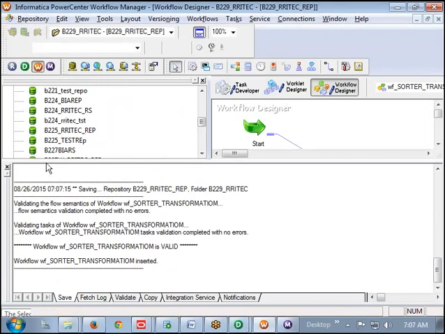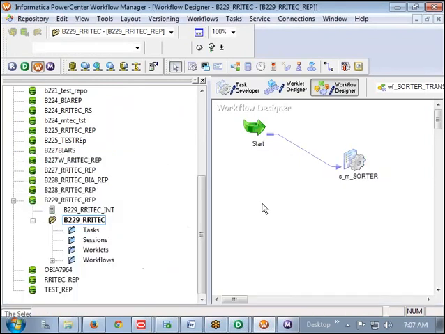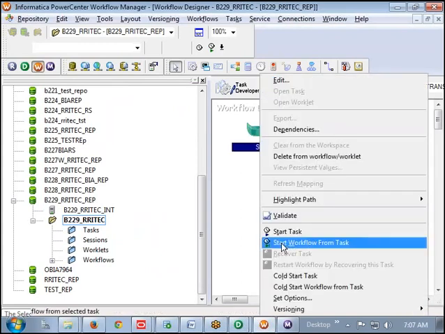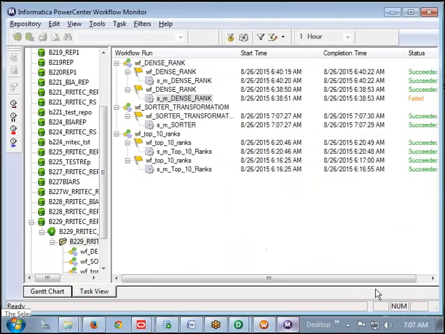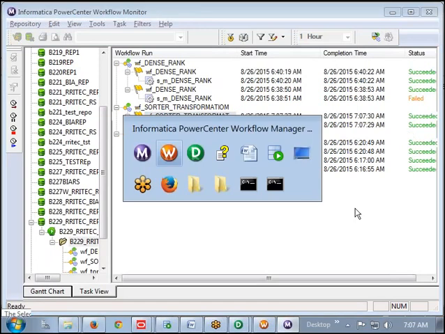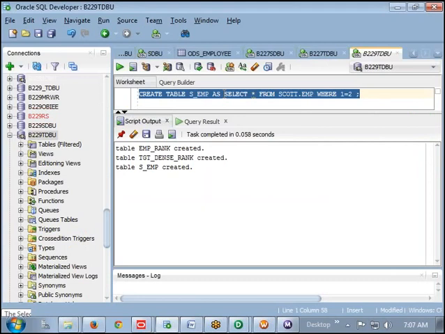Okay, excellent. Now go and run this one and observe the output. Now you can see in the monitor, it should be running. It has run, and you can go and observe the data.